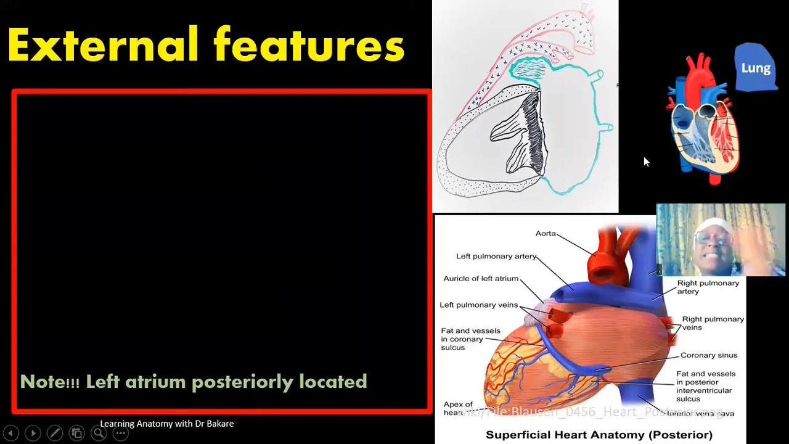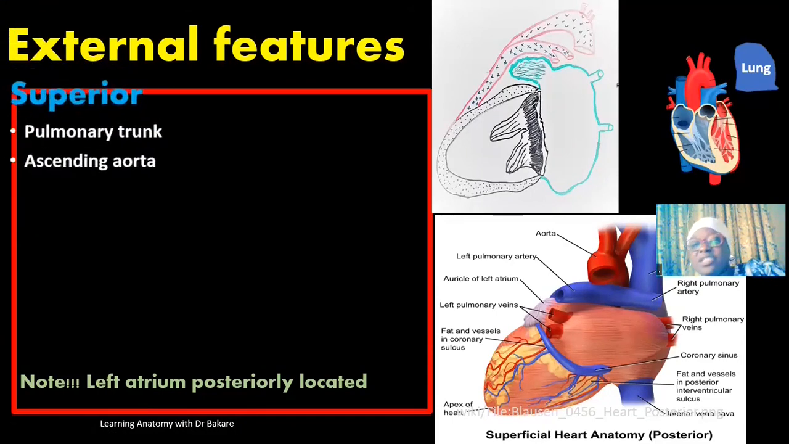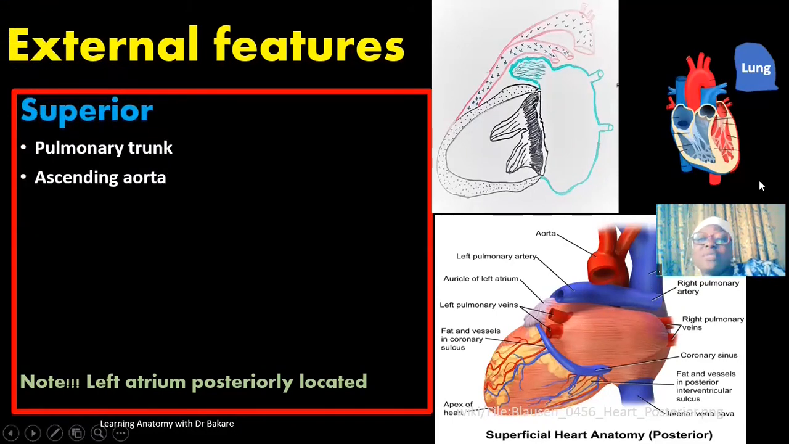So let's look at the external features of the left atrium. For the superior region of the left atrium, at the upper part, we have two distinct structures that are seen in this region. We have the pulmonary artery. If you look at this image down here, we already said that this is the left atrium. If you look at the upper part of this left atrium, the structure that you see is the pulmonary